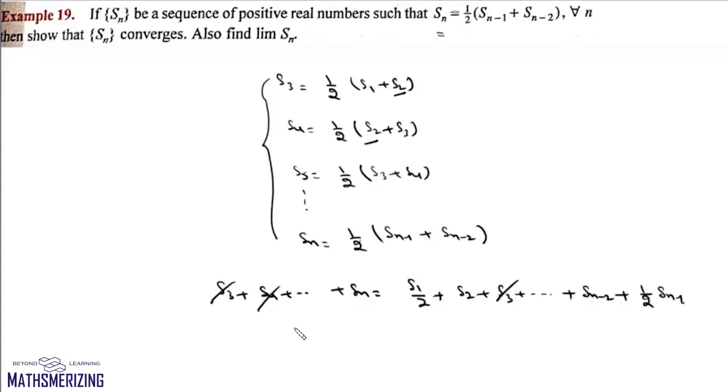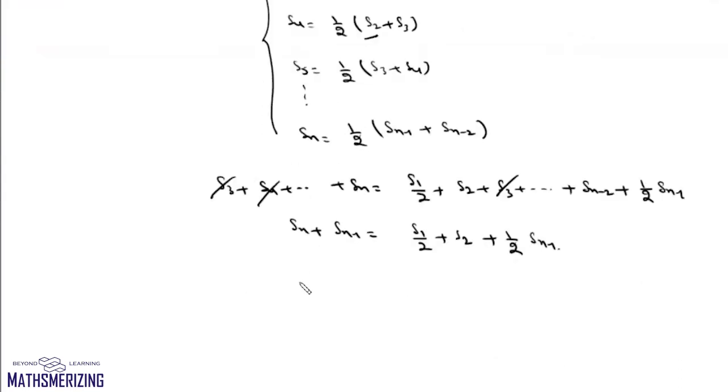So here we'll get Sn plus Sn minus 1 will be equal to S1 by 2 plus S2 plus 1 by 2 Sn minus 1. Or we can write this as Sn plus 1 by 2 Sn minus 1 will be equal to